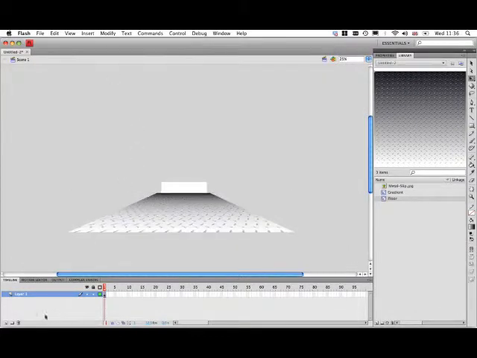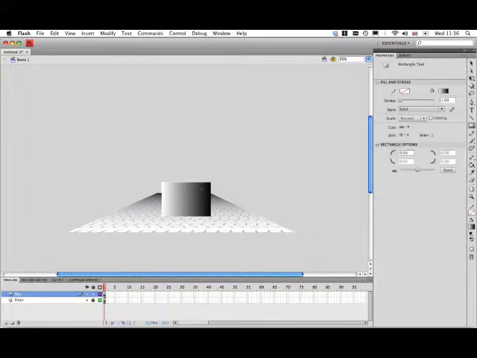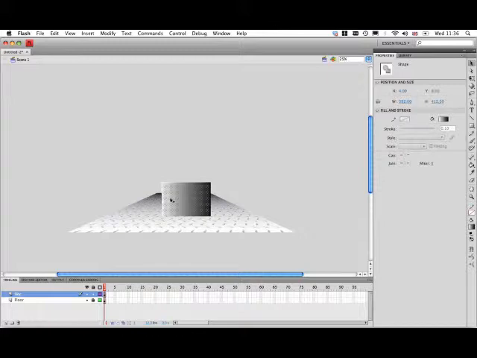So to solve that, if we rename this layer floor, we can lock that layer because we're done with that. And we can create a new layer called sky. All sky needs to be is a simple rectangle, nothing more, nothing less. So we can just draw a rectangle. I'm going to draw it in, and then I'm just going to set the properties to get it in the right position. So black mouse pointer, select the rectangle, 0 and 0, 550 by 400,